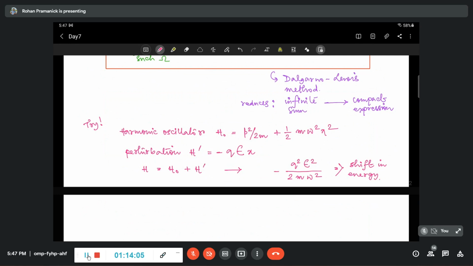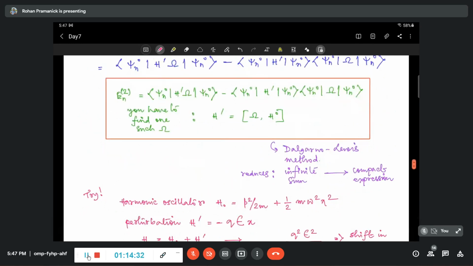Sir, we calculate this value by the classical trick, but if we do the second order correction, like the Dalgarno-Lewis method or any other method, how can I exactly say that the second order correction gives us this value q square epsilon square by 2m omega square? So that is your problem that you are going to do. Yes. So you find